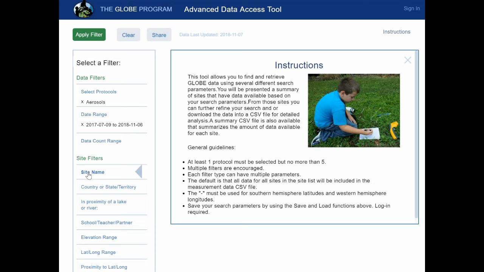Now if I wanted to, I could add some additional filters. For example, only data in this country, only data near a particular lake or river, only data by a particular school or teacher within a lat-long range. So these are all filters you can add if you like. But for now, I'm just going to stick with the aerosol data and a date range, and I'll click on